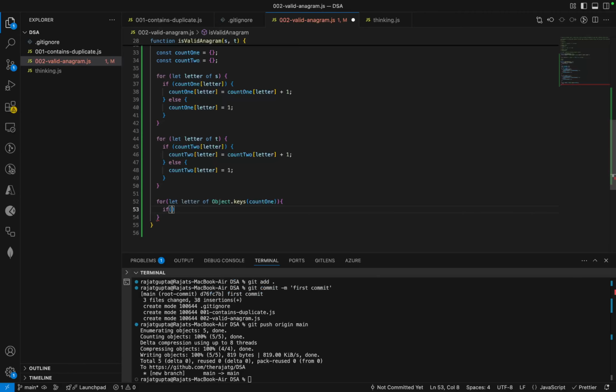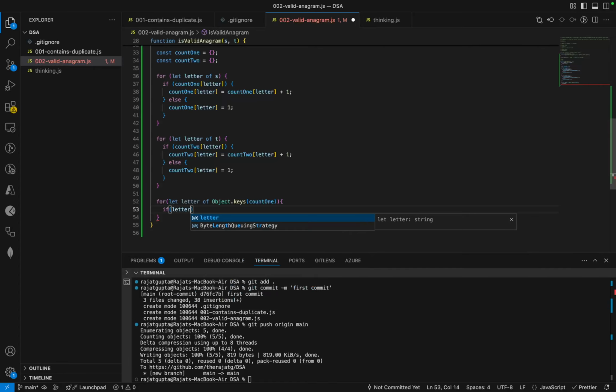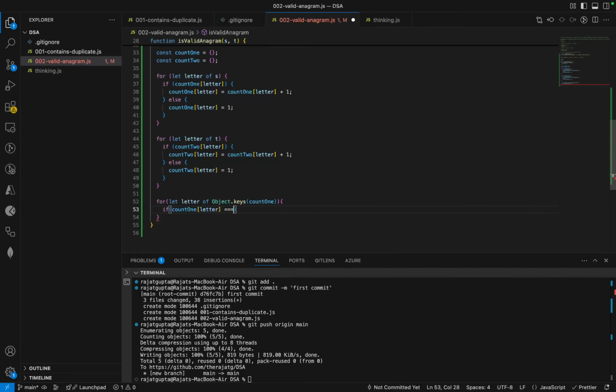We will simply do if count 1 letter is equals to count 2 letter. That means if,